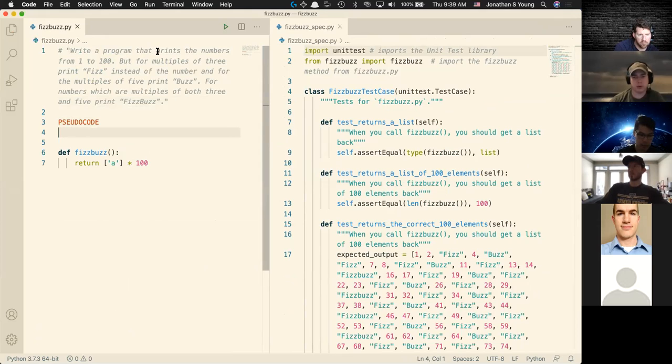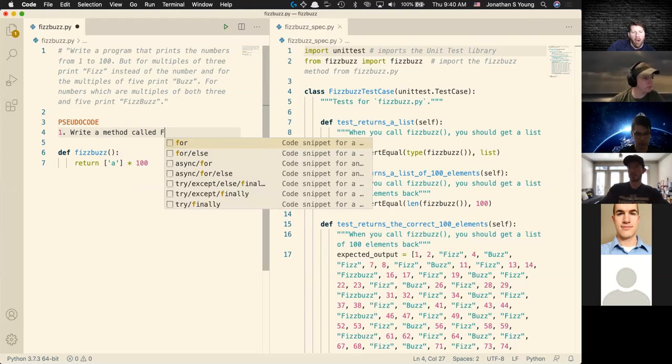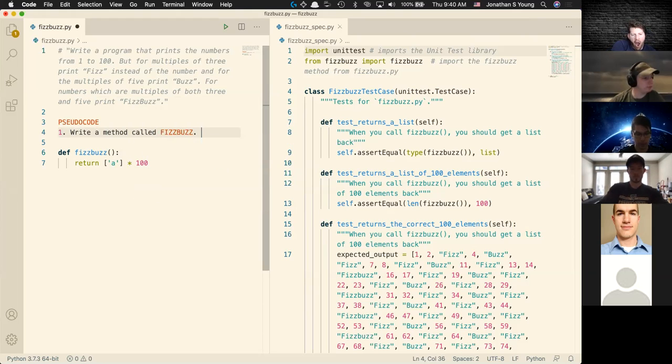Write a program that prints the numbers from 1 to 100. For multiples of 3, print fizz. Multiples of 5, print buzz. For multiples that are 3 and 5, print fizz buzz. So number 1, write a method called Fizzbuzz. Fizzbuzz takes no arguments. Number 2, maybe you want to create an output list array,